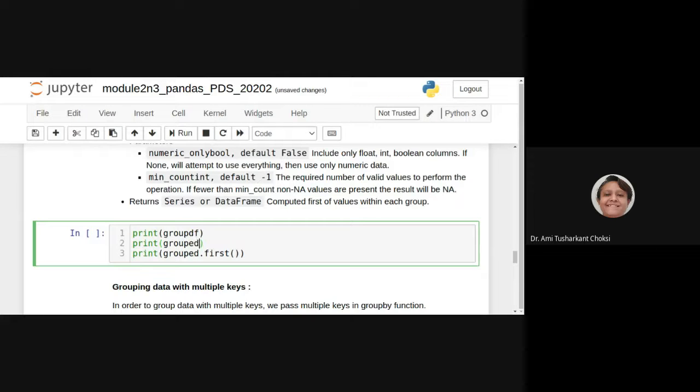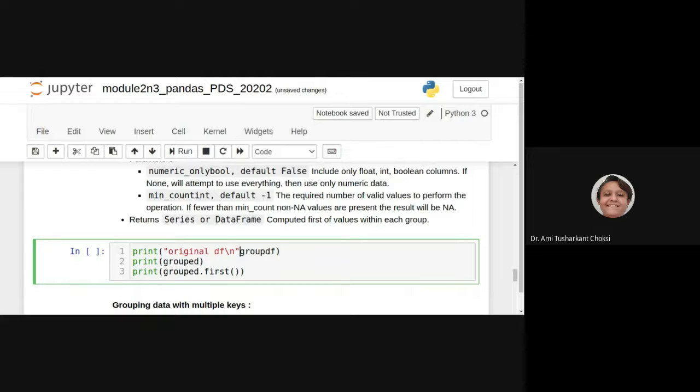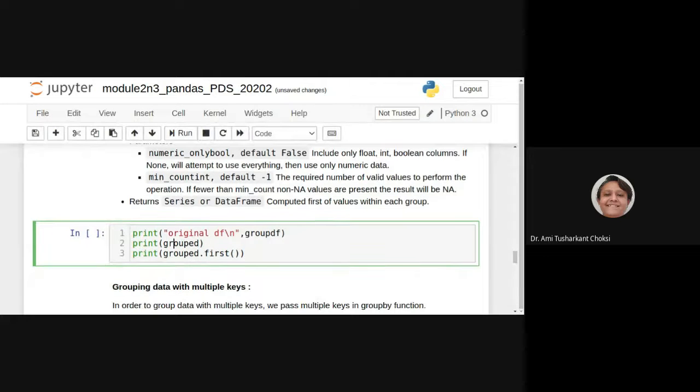We can have the idea, but let us write some text so it will be clear to us. This is original DF. Let us put the backslash, that will be better for us. Then after, we can say what was grouped on name. Then after, we can say it is group on first, right? That is, we are calling the first method.